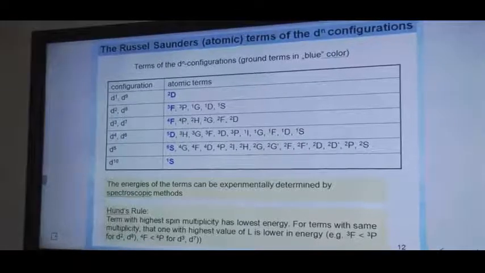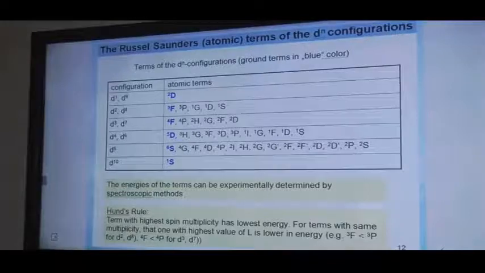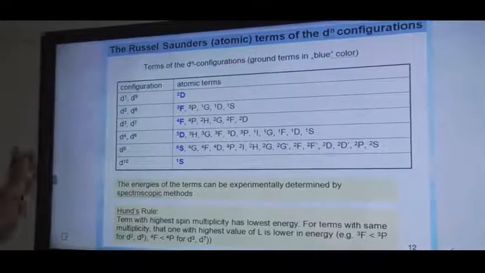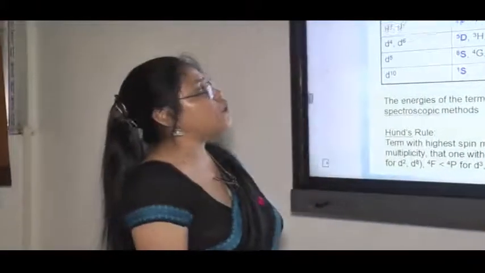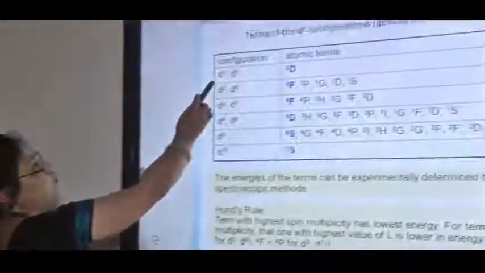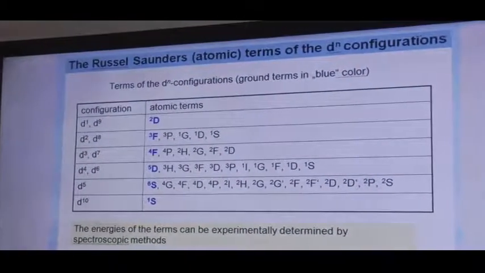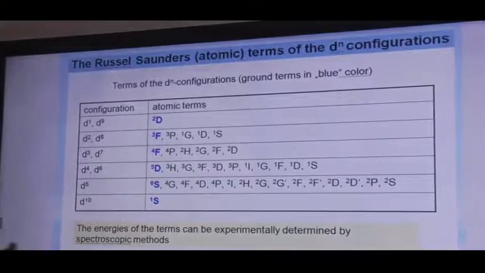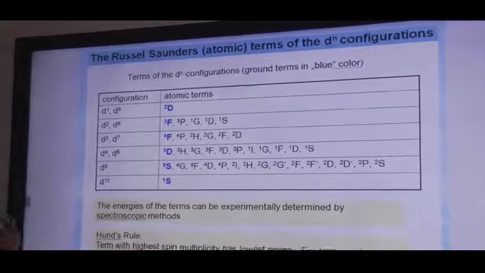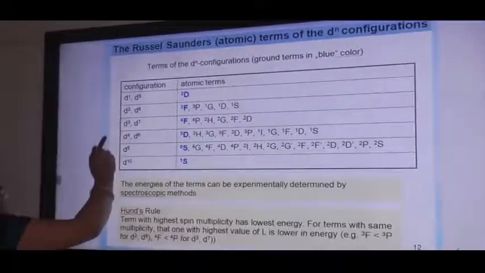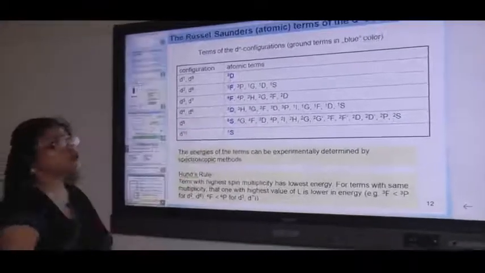If we find the respective terms for a particular d electronic configuration, then we can sum up the whole experience in the form of a table. Suppose we have one d electron or one d hole. In d9 there is a deficiency of a single electron that can be described as the presence of a hole. So d1 and d9, both these electronic configurations give us the term 2D.